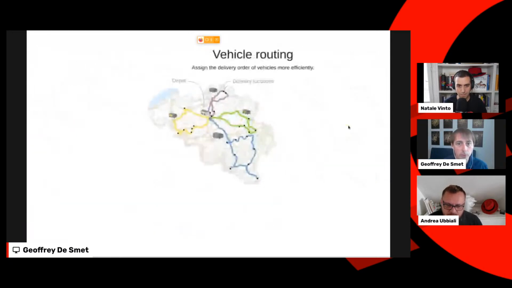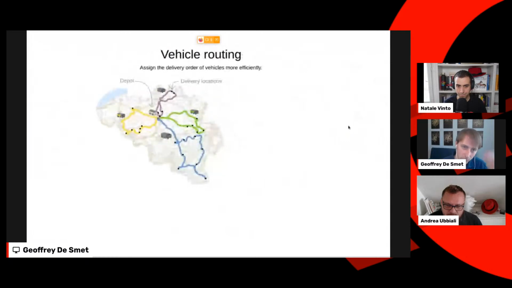So let's talk about an actual use case. I've mentioned it a few times, the vehicle routing use case, just to clearly specify what it is and why you would want to solve this problem with a constraint solver. We need to assign a number of vehicles, you can see them here, to a number of locations across the country. And we need to decide which vehicle goes to which location, and in which order those vehicles go to those locations. Just think about that.